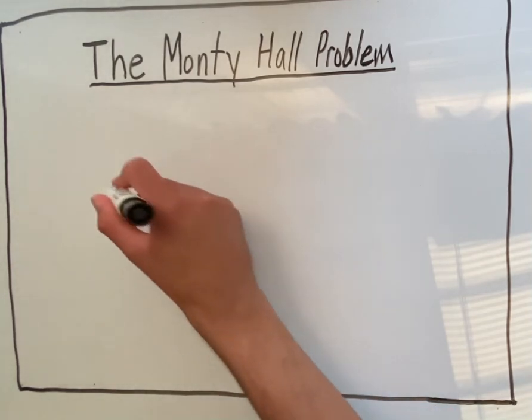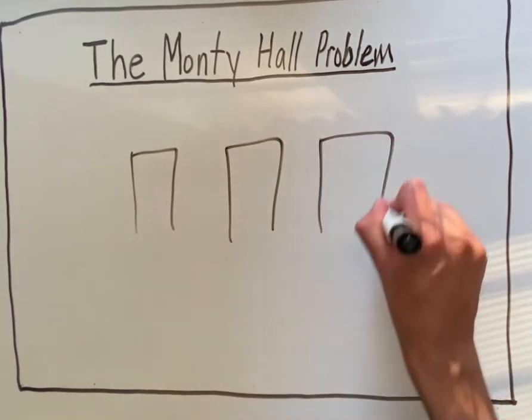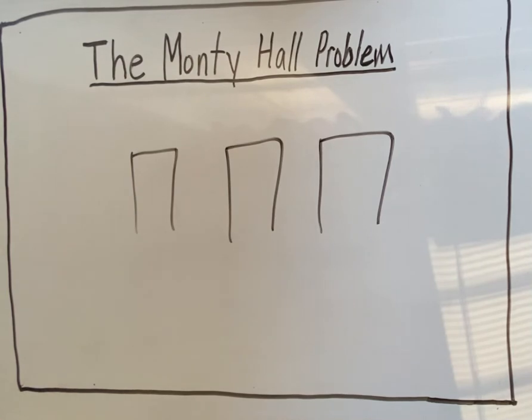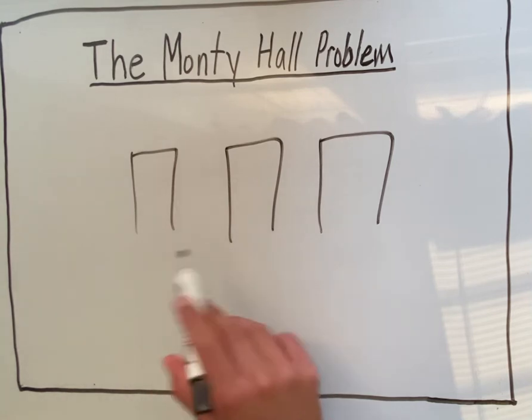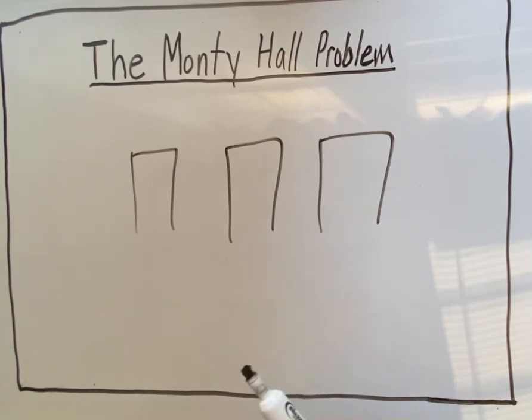So suppose you're in a room that has 3 doors, and behind one of the doors is a prize. Let's say that the prize is $1 million, and the other 2 doors lead to an empty room. So you want to select the door that has the prize. Now, the way the game works is first you select a door, then the host opens one of the other doors and shows you that it's empty. And this is always possible because there are two empty rooms, so even if you select an empty room, there's another empty door that can be opened.